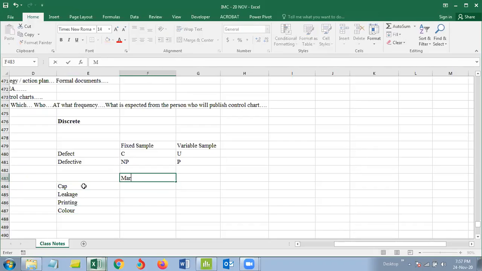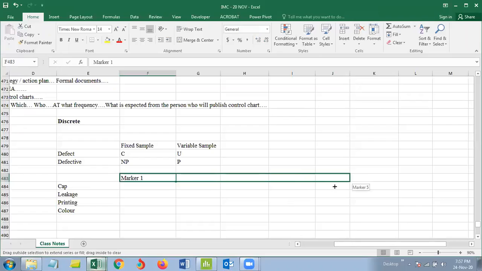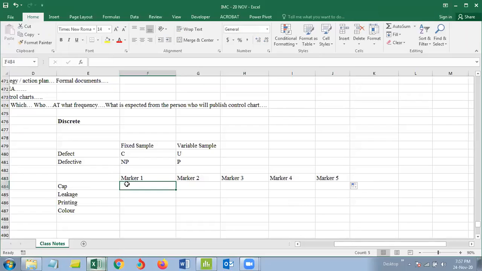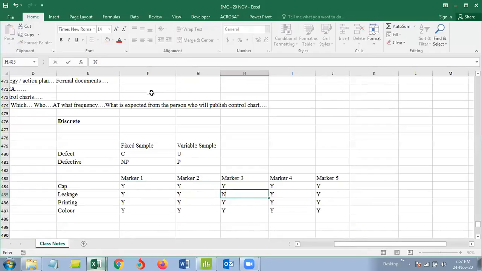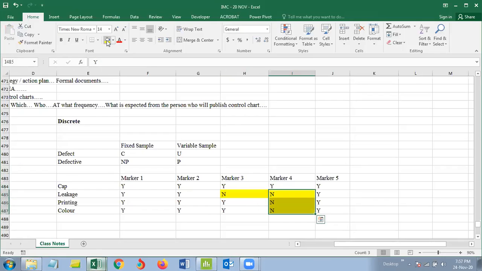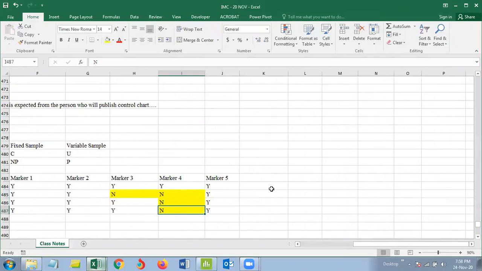And I picked up some samples. Marker 1, 2, 3, 4, and I want to audit, say, 5 markers in all. When I audited the first marker, everything was good, no problem. And similarly, I audited the other markers. While I was doing that, I found that the third marker had a leakage issue. And the fourth marker had leakage, printing, and color issues also. So all in all, I would like to hear it from you all,